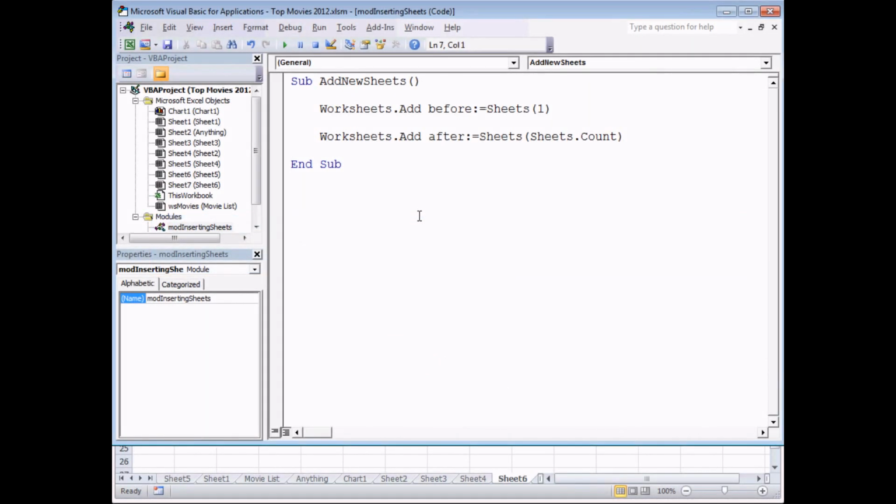Now, it's also possible to insert more than one worksheet at the same time. So I can use another of the optional arguments of the add method to specify that. Let me just get rid of the line which inserts a sheet at the beginning of our list, and I'd like to now insert 3 new worksheets at the end of the list of worksheets. So I need to specify another argument of the add method. If I type in a comma after the after argument, I can see that I've now got a selection of other arguments, and the one that I want to use here is called the count argument. So I'm going to say count colon equals, and the number of worksheets that I wanted to add is simply